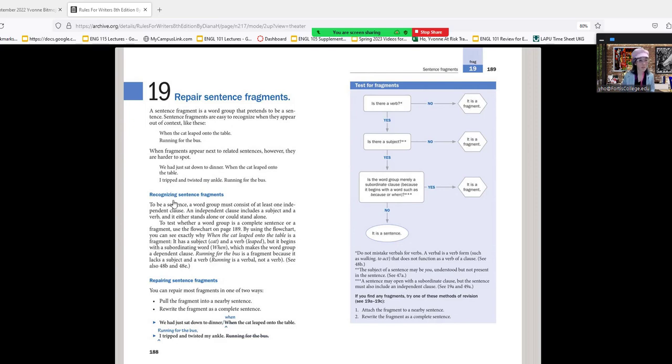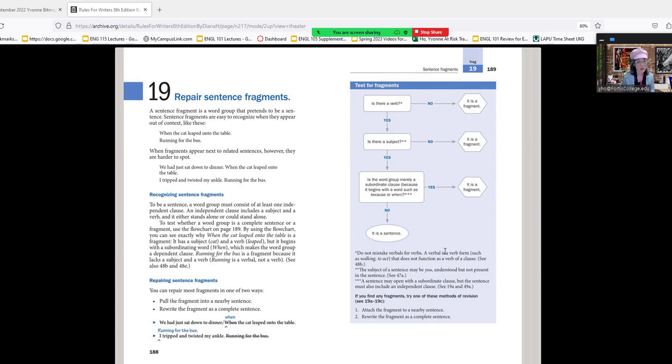Recognizing sentence fragments. To be a sentence, a word group must consist of at least one independent clause, that is, subject, verb, and object. An independent clause includes a subject and a verb, and either stands alone or could stand alone. To test whether a word group is a complete sentence or a fragment, you can use the chart on page 180. By using the flow chart, you can see exactly why